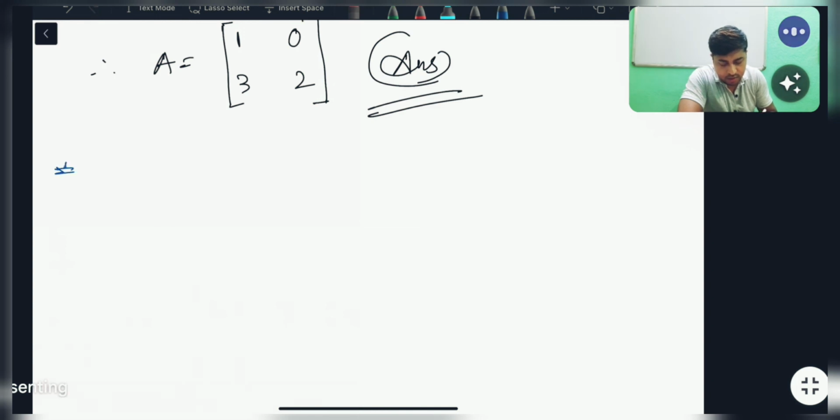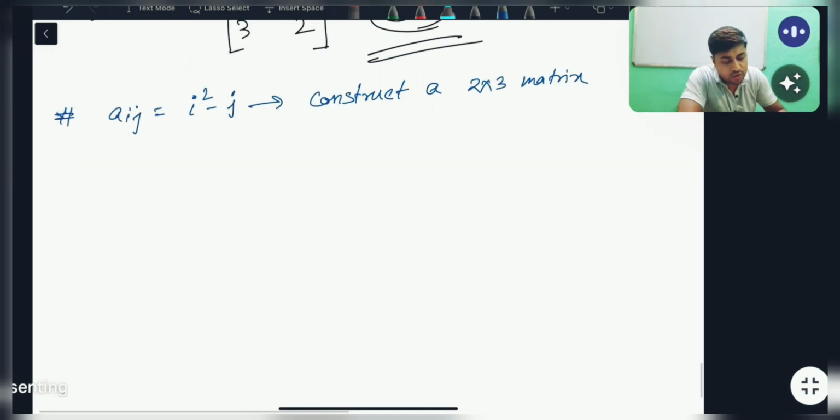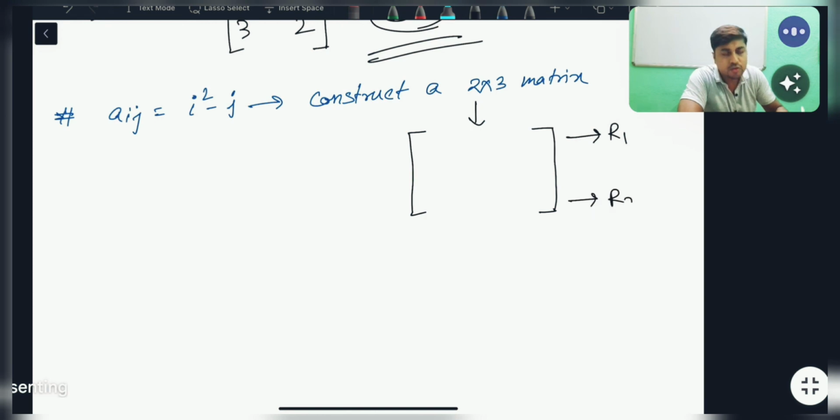লাইক এটা construct a matrix, question same, aij is given by, suppose i square minus j। Okay, the question is that construct a 2 cross 3 matrix। খুবই স্পিডে করব আমরা। 2 cross 3 matrix কি ওয়েতে অ্যারেঞ্জ করব, 2 rows and 3 columns, very good। So 2 rows means r1 and r2 will be there। আমরা তো রো ওয়াইজ করে এলিমেন্টগুলো লিখছি, তো r1 and r2 will be there।